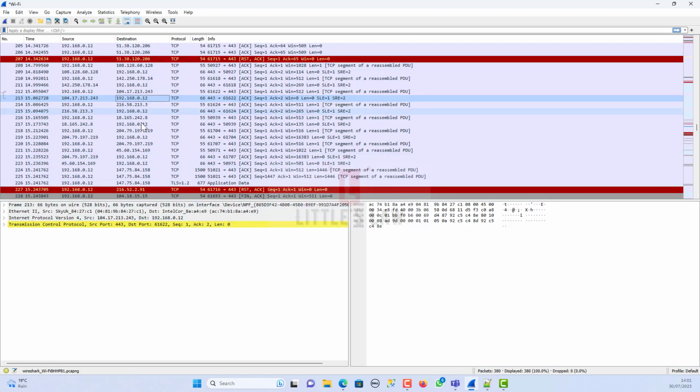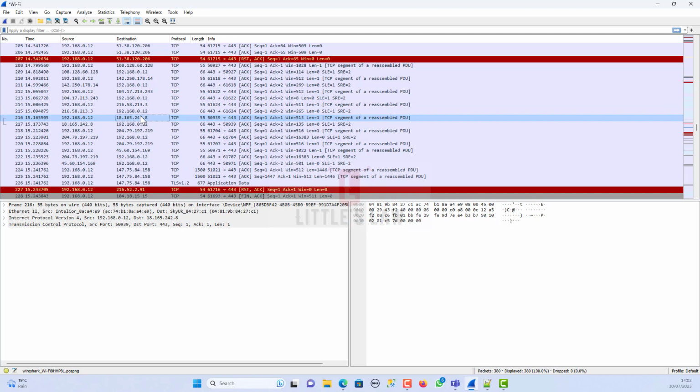So the packet list pane is like your control center. You can decide which packet you want to explore, and Wireshark will show you what is inside it. And it's like being a detective choosing which message to investigate further. And with Wireshark's magic, we can unlock the secrets of how data moves through the network.